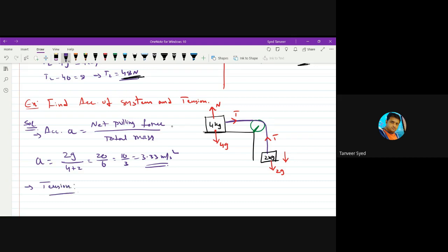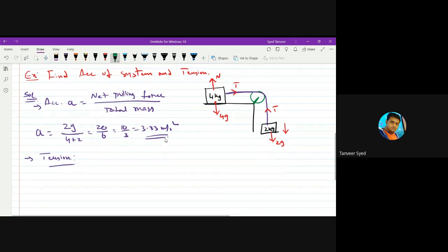To find tension, you should draw the FBD. Same procedure. How you apply it is the point. Which block should we take, 4 kg or 2 kg? You can take any block. I'll take the 4 kg block, it will be easier. On the 4 kg block, both have the same tension, no, sir? Tension T is acting towards right. What is the direction of acceleration of 4 kg? Towards right. So if I apply F net equal to ma,